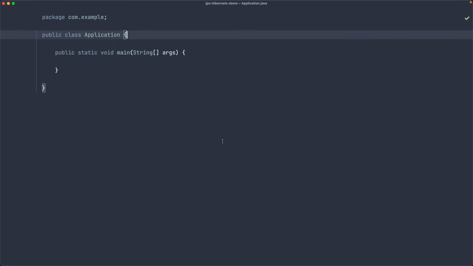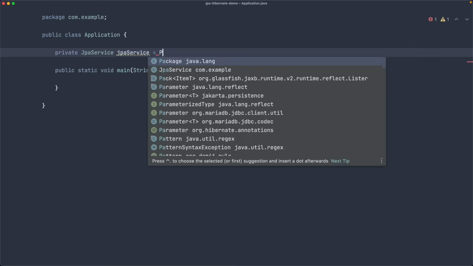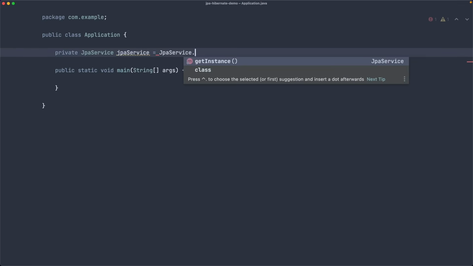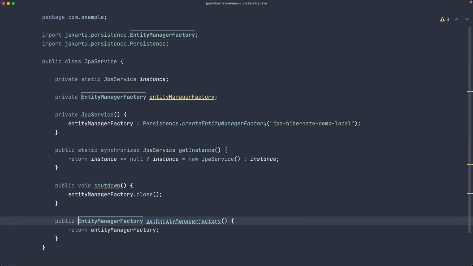So now for example, we can create a new private JPA service, in fact, we can get it from here. It doesn't matter. This is just an example. Get instance. So we get it there. What happens is that, again, let's go through that. It goes first to the get instance. It's null, so it creates a new one, and then it goes here, creates a new entity manager factory, and we